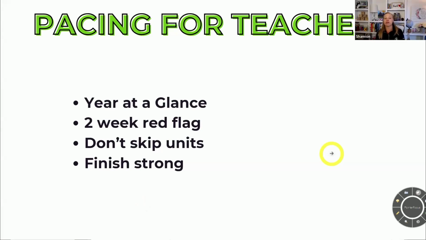So if I'm 2 weeks before October 1st, and I know I'm only halfway in, I have 3 more weeks of content, I have to start adjusting now so that no matter what, I am done October 1st. So that means now I'm going to think about where I can consolidate some lessons. Maybe I take out a particular quick quiz. Maybe I limit some of the methods that I'm introducing to get to the heart of the standard. I can make adjustments. They're not ideal, but I would rather we make some of those adjustments before we get to the end of the unit, so we have a hard stop, because what I'm encountering right now is really concerning to me.